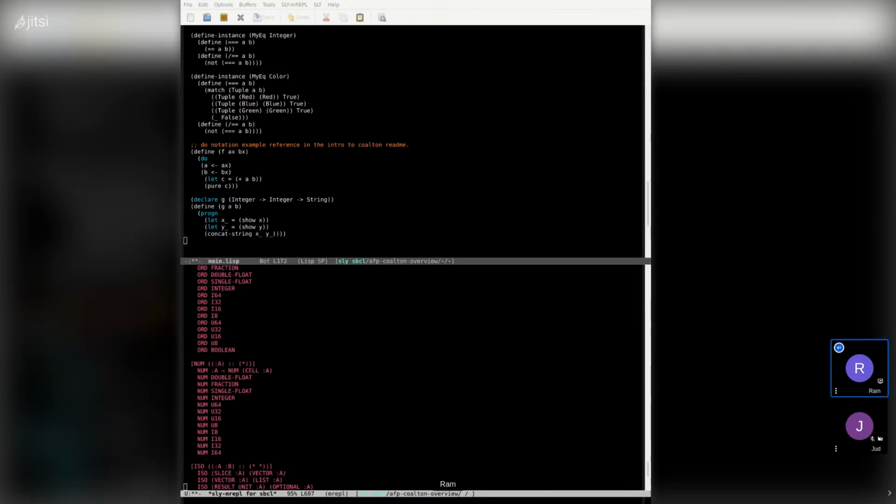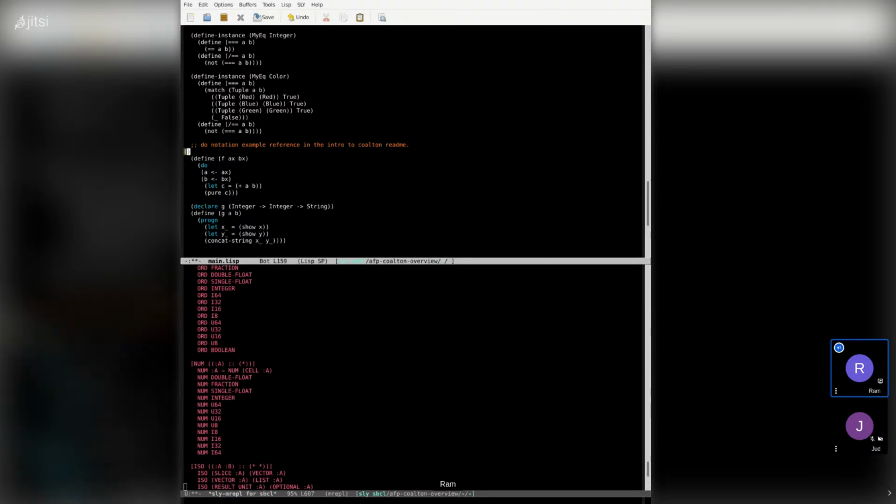And in the meantime, while I'm waiting, I'm going to start looking into this other thing related to the pure syntax. Let me do this. I don't know if I can, but I probably could restrict this by just saying declare f as being a monad a, monad b equals